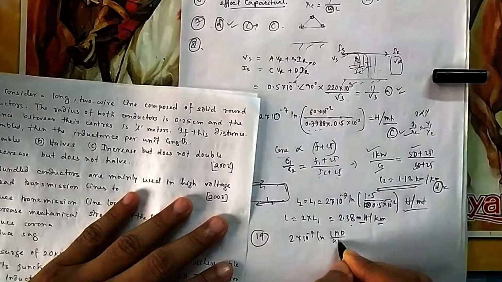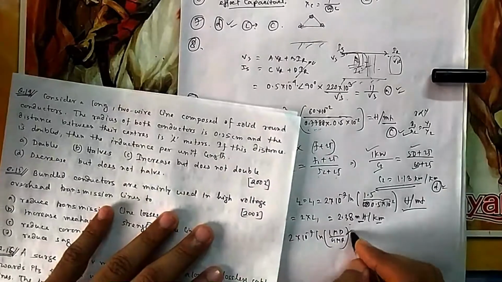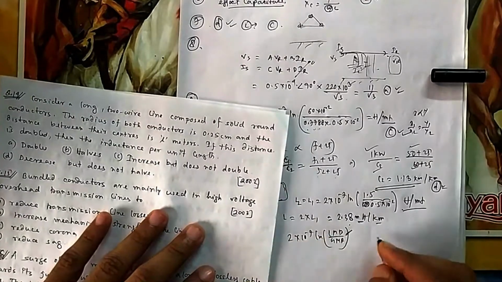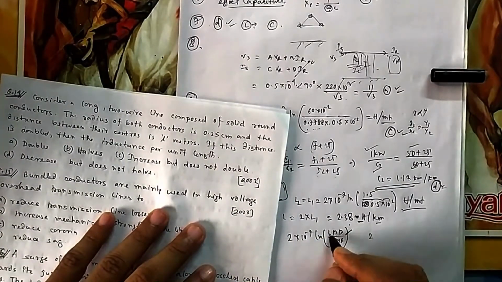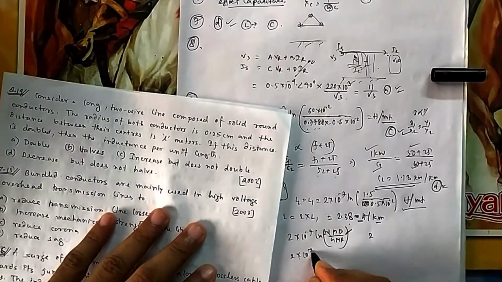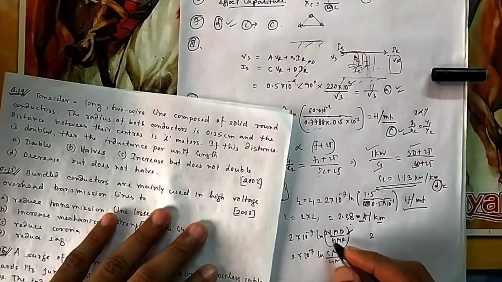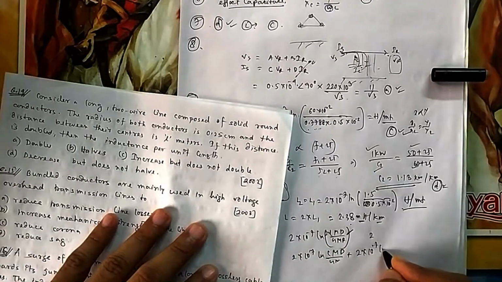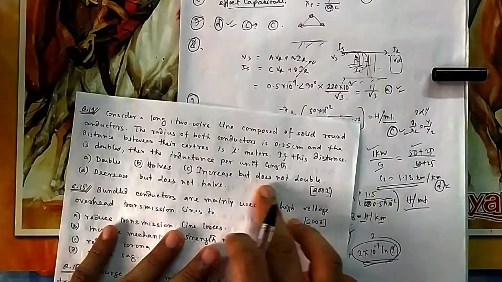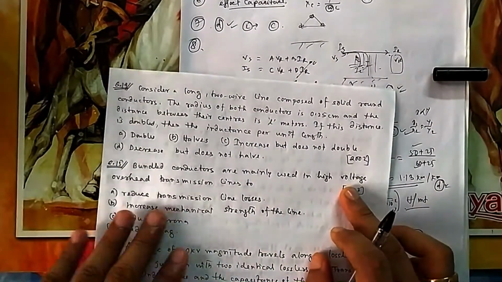So if you are changing your GMD, if you are increasing it, if the distance is doubled, then it will be ln of 2 times GMD. Not exactly double, because it will be ln 2 into GMD. So it is nothing but 2 into 10 to the power minus 7 ln GMD by GMR, plus, because log of a product means a sum, 2 into 10 to the minus 7 ln 2. So this portion will be added. So it is not exactly double, but it will increase. It will increase but not double. That is option C.